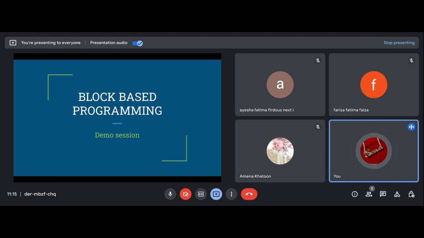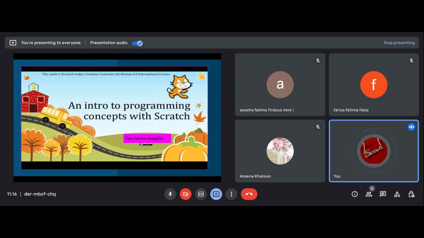Once you are able to do this, you will be able to establish a communication between yourself and the computer in the way the computer understands. Now, to do that, we have block based programming as a mode or as a channel of communication. So, in today's session, I'll be introducing you to the concepts of programming with Scratch,